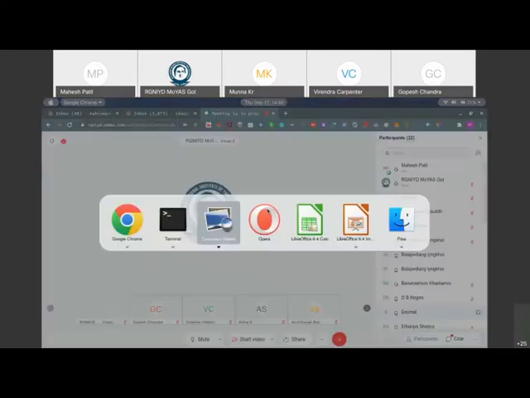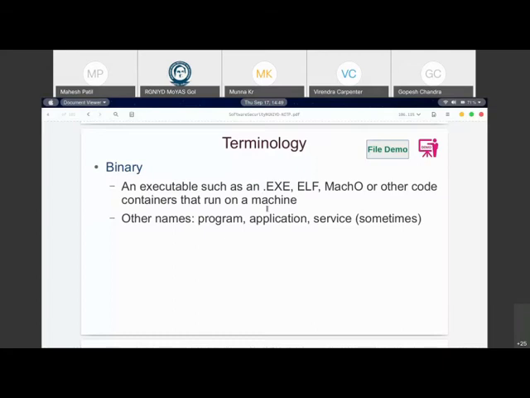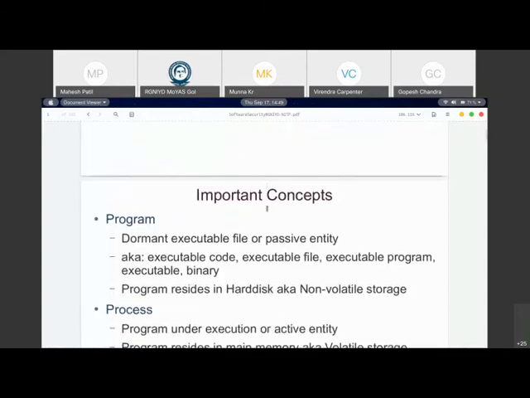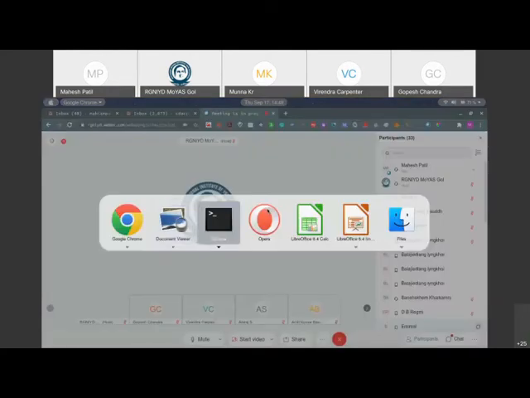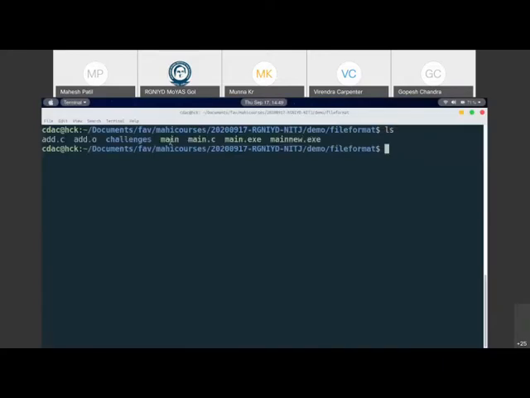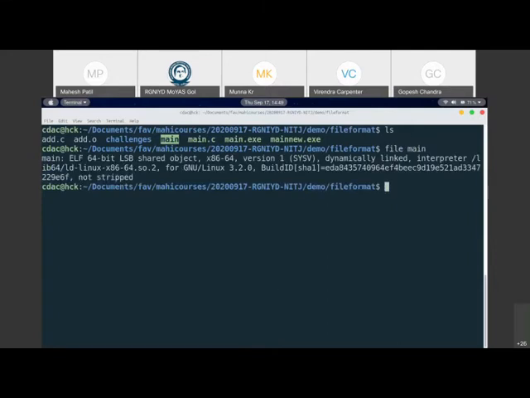Essentially, what I wanted to tell is that understanding the binary formats is very important for us, because that helps us to use the right tools for doing the analysis. So let's understand these concepts, like what is a program versus a process. To look at this program which we compiled, we have a main executable, which is an ELF executable on our hard disk.